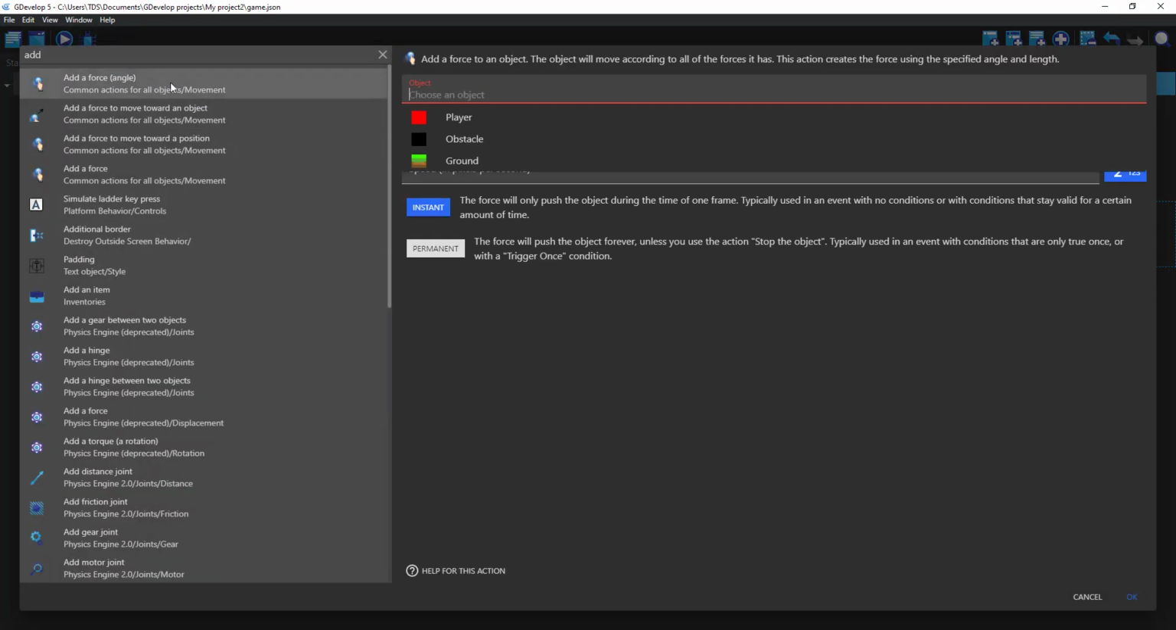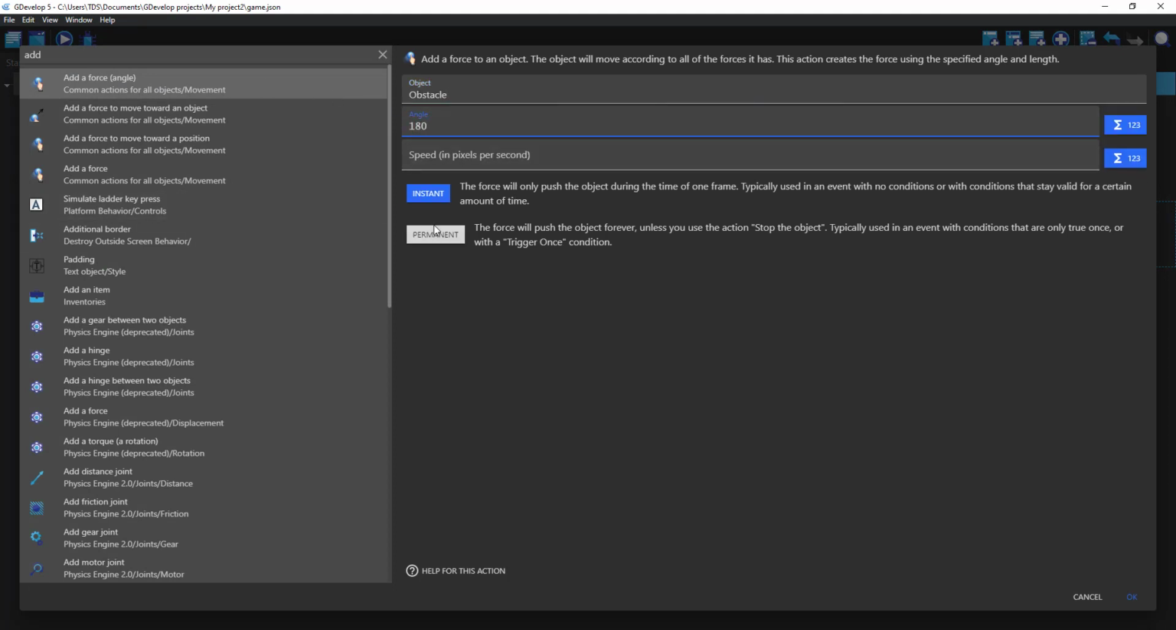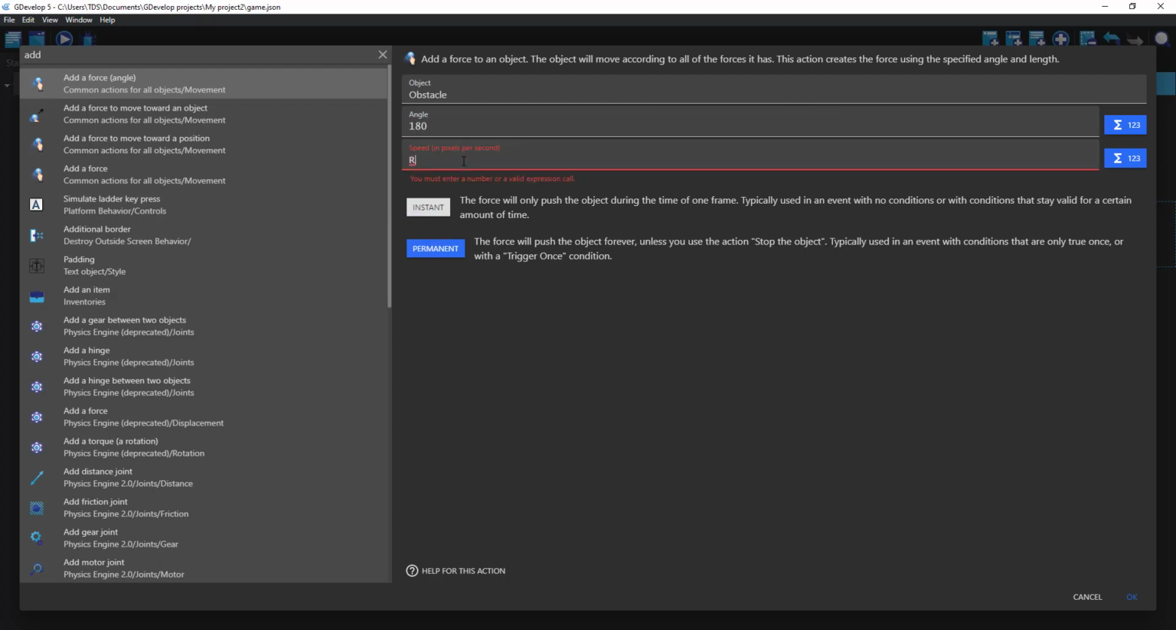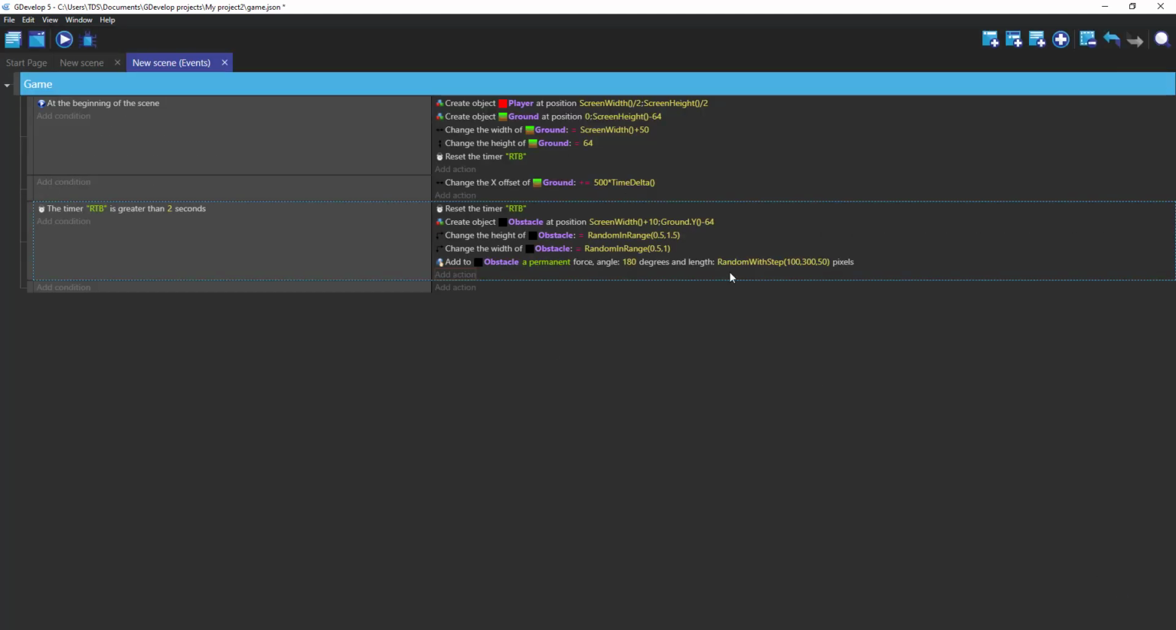add force to our obstacle, angle 180, permanent, speed in pixel, random with steps, this will be 100 in start and highest 1300 in 50 steps, I guess. Okay, so now